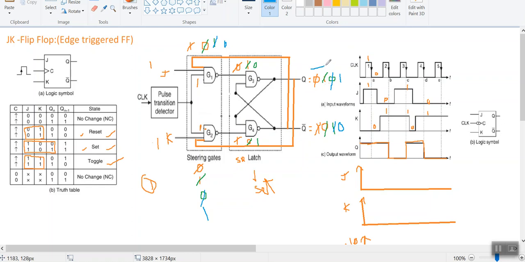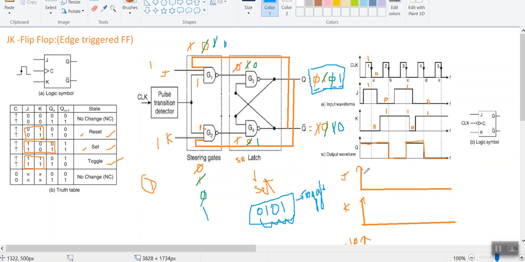Therefore here we can observe that in this particular Q state, initially my value is Q equal to 0, and then it is 1, and then it is 0, and then it is 1. So simply we can state that 0 1 0 1 0 1, like that it is going on. Therefore we can observe that my number is not continuously the same, it is not constant. Simply it is changing from 0 to 1, 1 to 0, and 0 to 1. Therefore we can state this as toggle state. This is our toggle state, or else we can call this a race around condition.